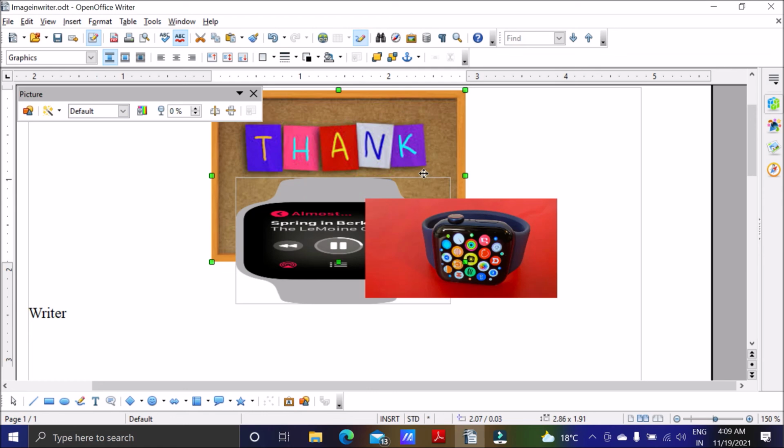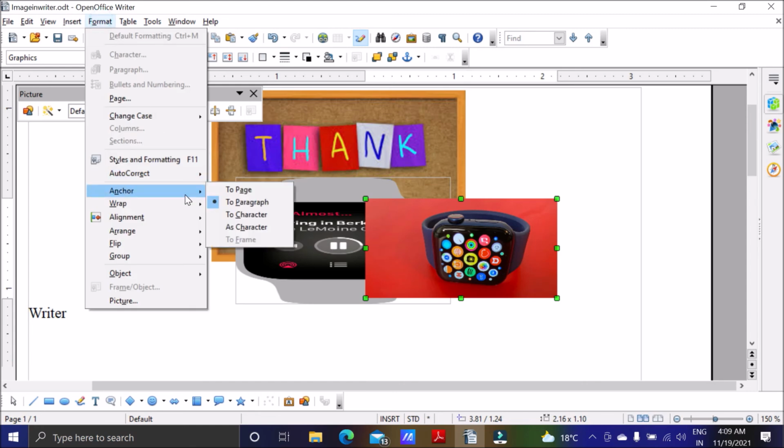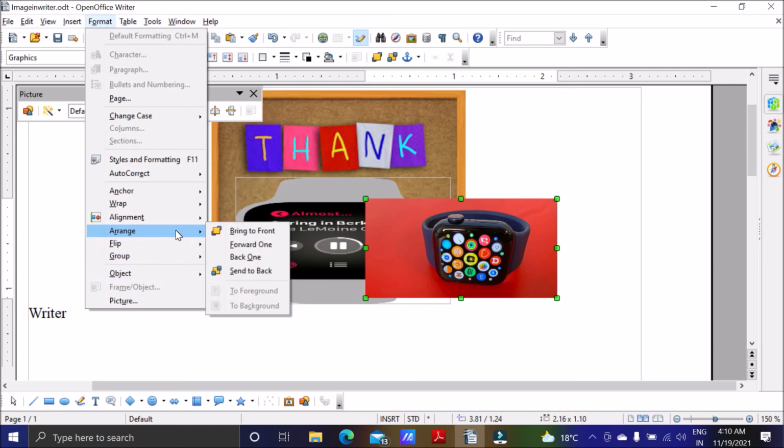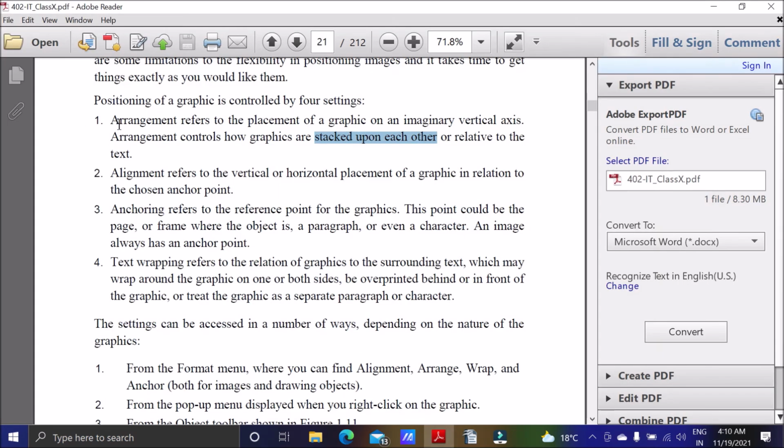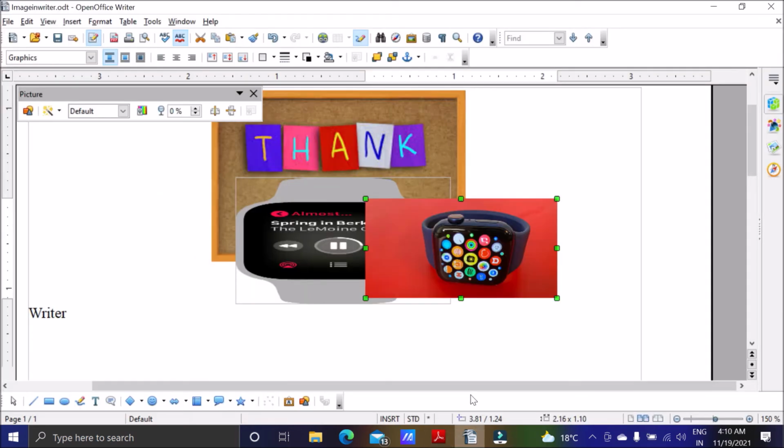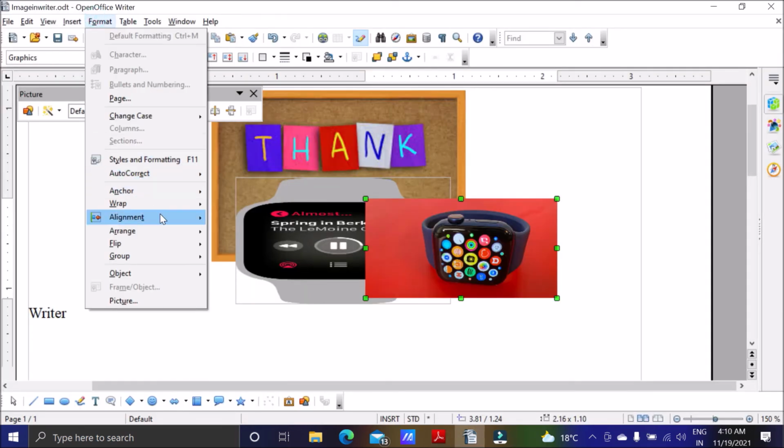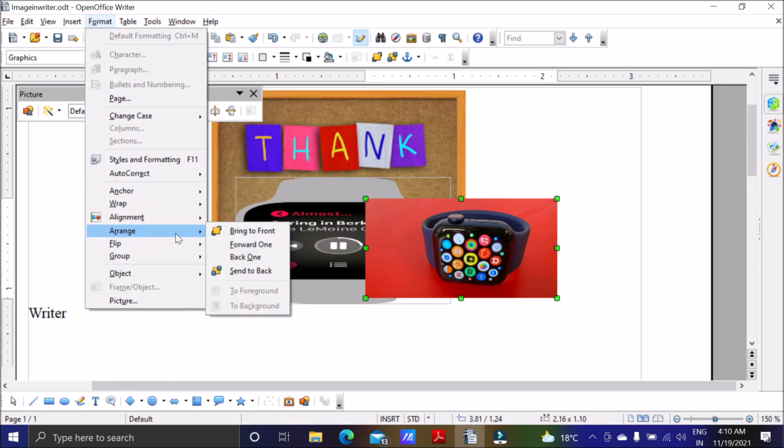Now if I want to change the layer, means if I want to change the stacking, then we can go for it. Okay, so format, and then the option that we are going to use is arrange. Arrangement. Okay, so format and then arrange.